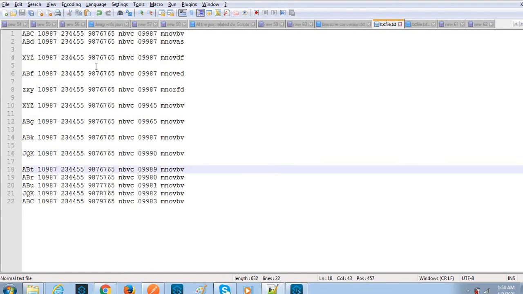These values will be read by position. From here to here, A is at the 0th index, so 0, 1, 2, and then we have a space, so this is 3, and from 4, 4, 5, 6, 7, 8. This way we read the position, and from and to will give the index, and we'll read the specific data.